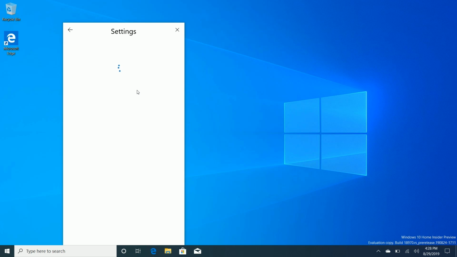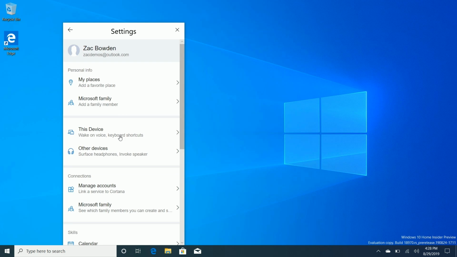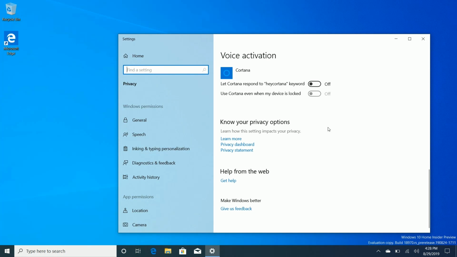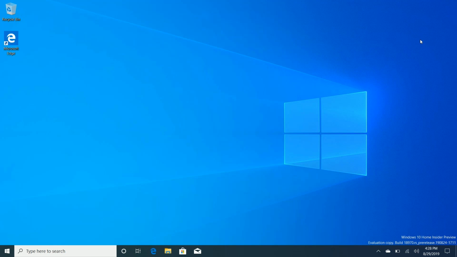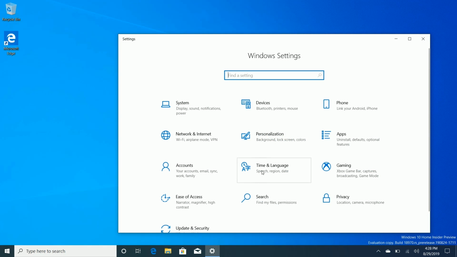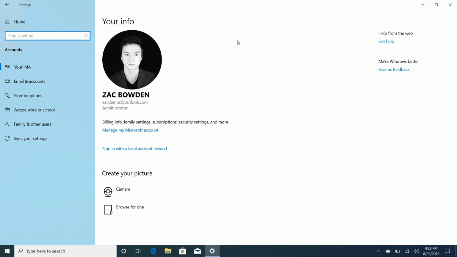There's also the settings area up here, which is cool to see. We have options and stuff as normal. And that's basically a quick rundown of the new Cortana experience. We've already taken a look at it in a previous build video, so we won't dive into it much more here. If we jump into settings, there's now a new option in the user accounts area for restarting and reopening